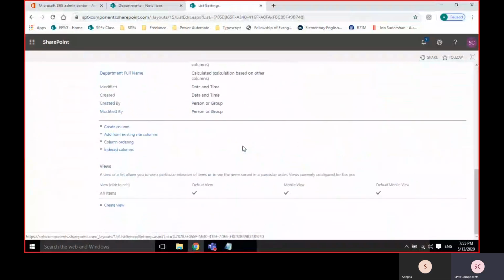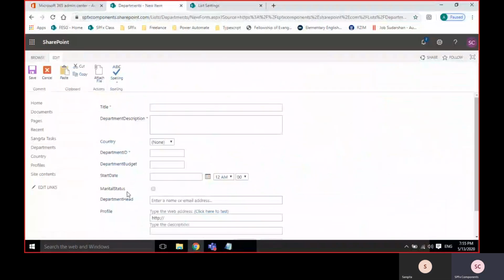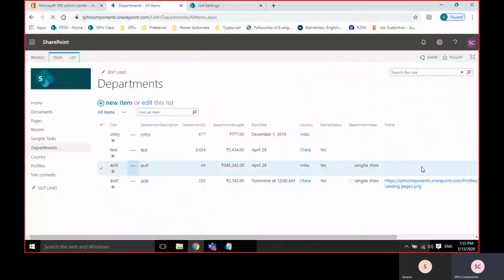And the next one is what you are seeing here, called a view. The default view is all items. Here you can see the URL. Sometimes people may ask you, I want only title, department description, and budget in the view.